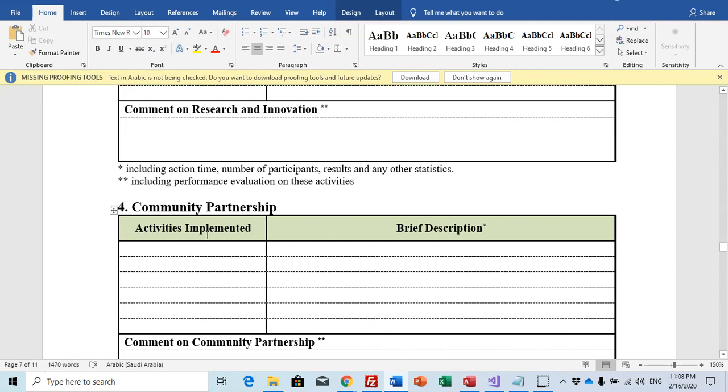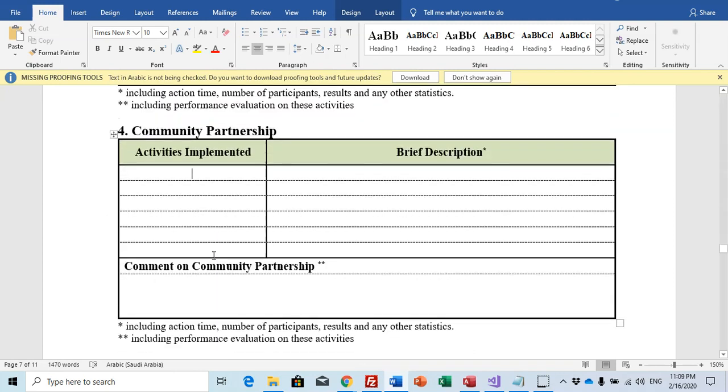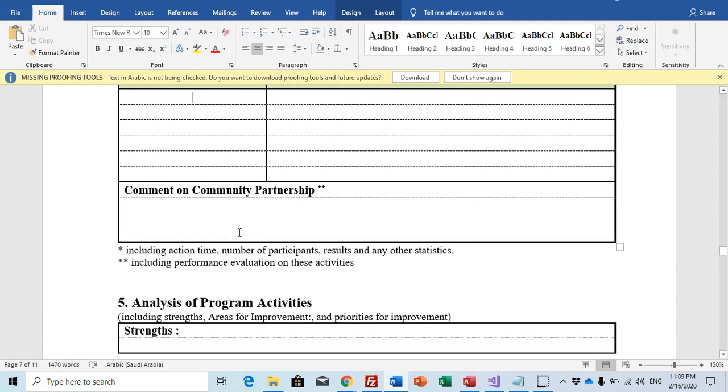All of these should be included in your annual operational plan. Your operational plan is based on your committees' and units' tasks. For example, you have a committee responsible for community and a committee responsible for research, and they should include these activities in their operational plans, follow them, implement them, and write them up.